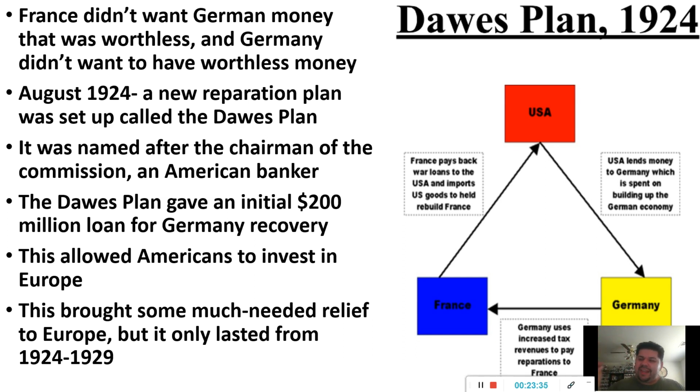Germany would then use their tax money, now that it has more oomph to it, to pay back France. Now France is like, okay, their money is not as worthless anymore, so now we'll take your money to get rid of your debt. And then France would pay back the war loans to the United States, and that way we can get our money back in a sense. So it's a little function like this. It's just going around helping everyone in a sense.